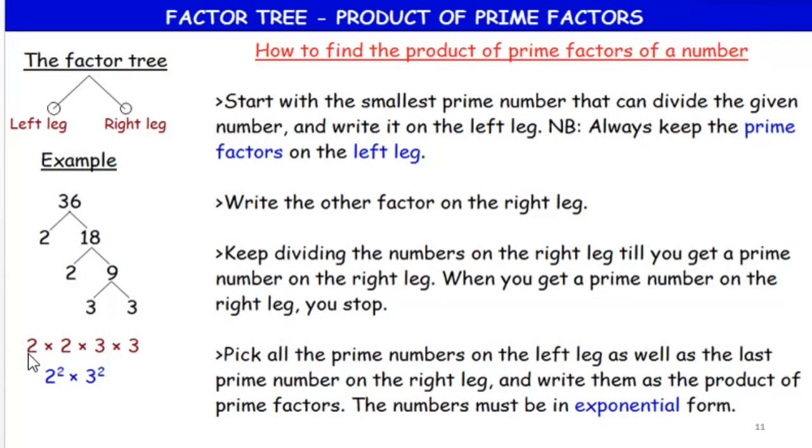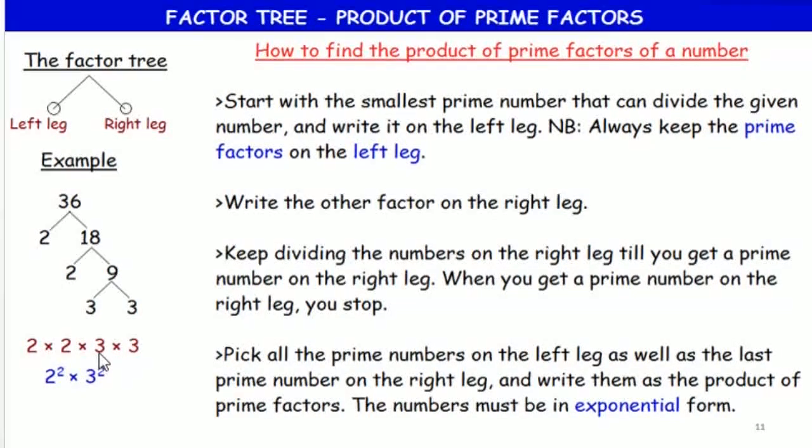So as you can see over here, 2 times 2 times 3 times 3, right? And then we are going to express the product as an exponent. So we are going to write the numbers in an exponential form, right? So clearly 2 times 2 is 2 to the power 2, right? According to the law of indices, when 2 numbers are multiplying, they have the same base, you just add up their exponent, and any number standing on its own has an exponent of 1. So you're going to have 2 to the power 1 plus 1,